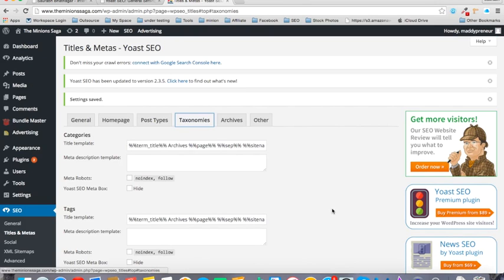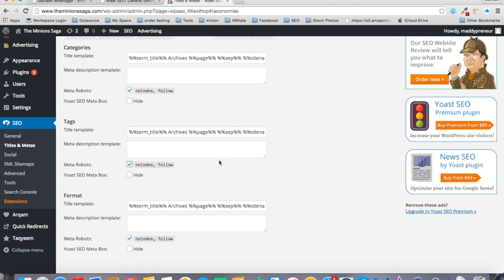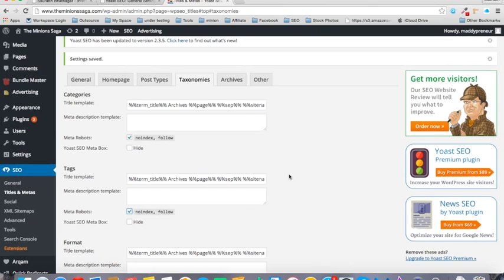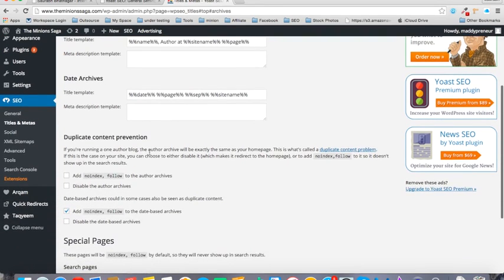And when it comes to taxonomies, then I guess you will click on categories, no index, tags again, no index, and format again, no index, because obviously you won't want your tags or categories to be indexed in the Google search rankings, because this is for user help, but not for the index part. So you will do it this way, and again over here you will do the same, no index,